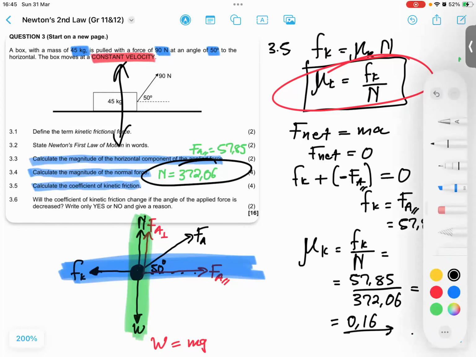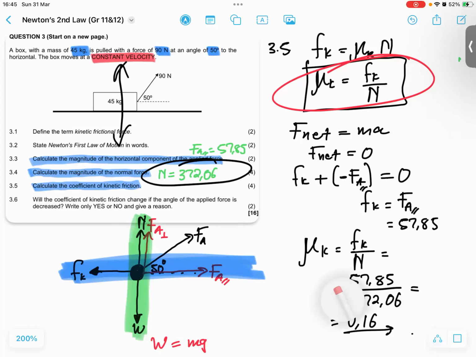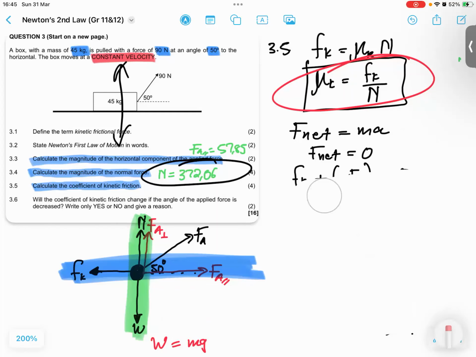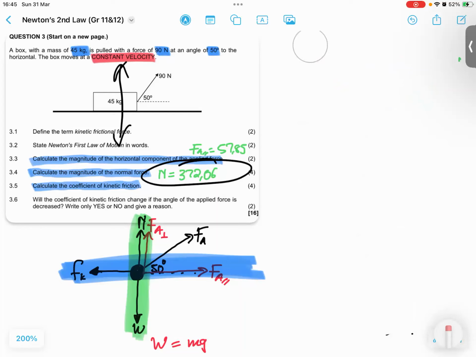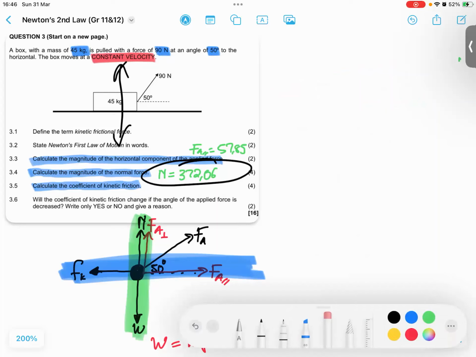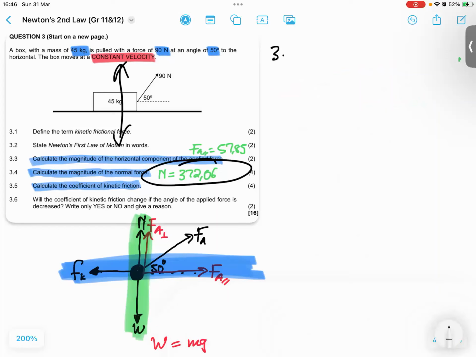Okay, so with that, let me just remove this so that we can have a space. Okay, so that is 3.6. The question here is: will the coefficient of kinetic friction, which was calculated in 3.5, change if the angle of the applied force is decreased? Write only yes or no. So the answer for 3.6 will be no. Why no? The reason is that the coefficient of kinetic friction,